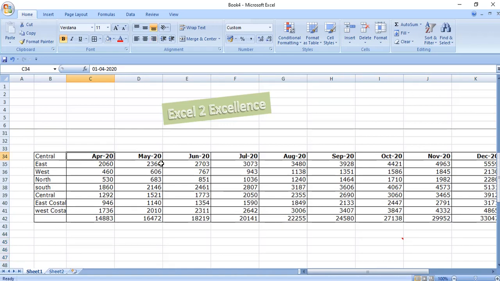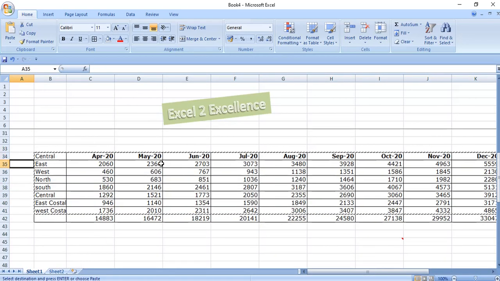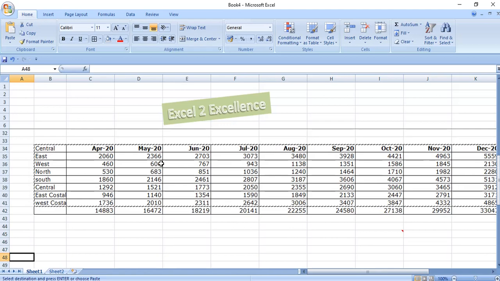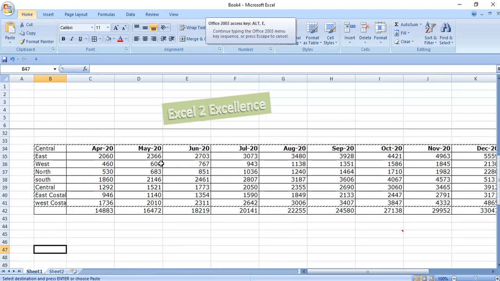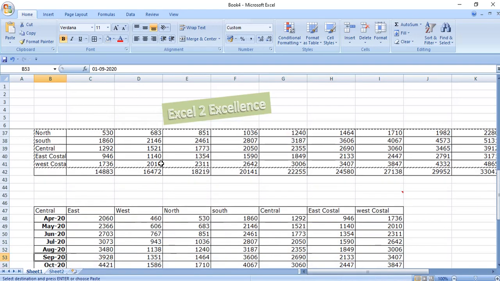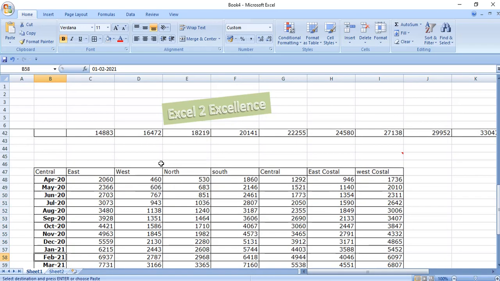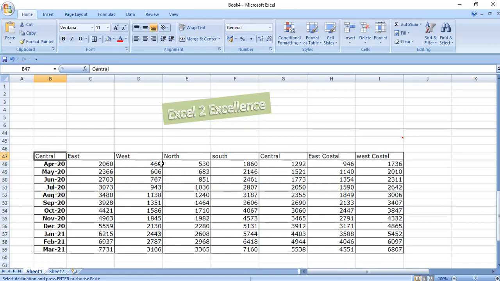Paste Special is equipped with one more feature, that is data transpose. The data transpose means with the help of this option we can change the column into the rows and row into the column. So select the entire table, press Alt ES E. Now press enter. So you can see here the headers appearing in the row is now appearing in the column, and whereas the column is appearing as row header.